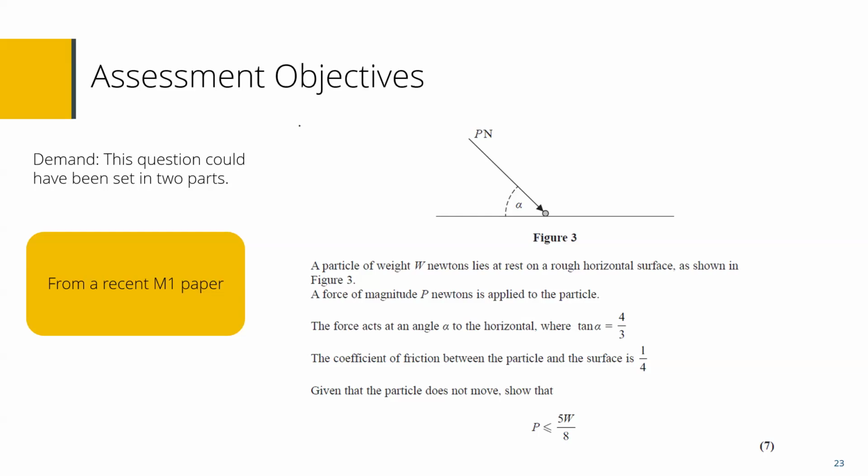If we were to then structure it a bit and put leading questions to get them to that stage, then we are basically altering the assessment objectives as well, and we're bringing in more assessment objectives 1 and 2. So by doing that, you change the demand of the question. Yes, they are able to then practice the skills they've learned, but they need to be able to get to this level where they're looking at a question like this.